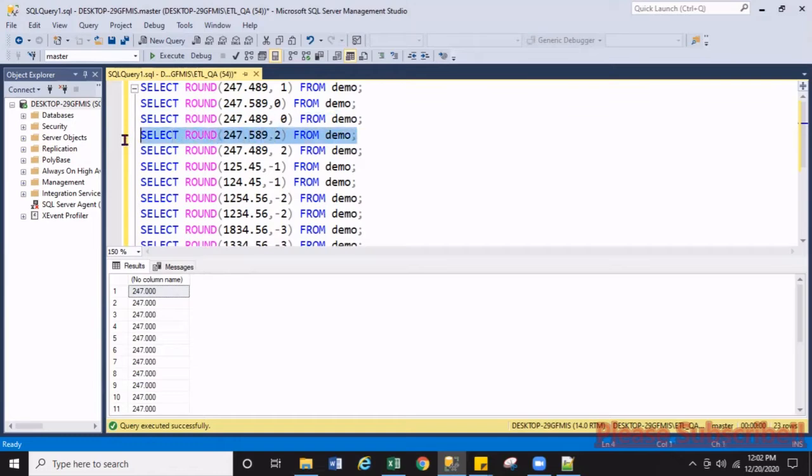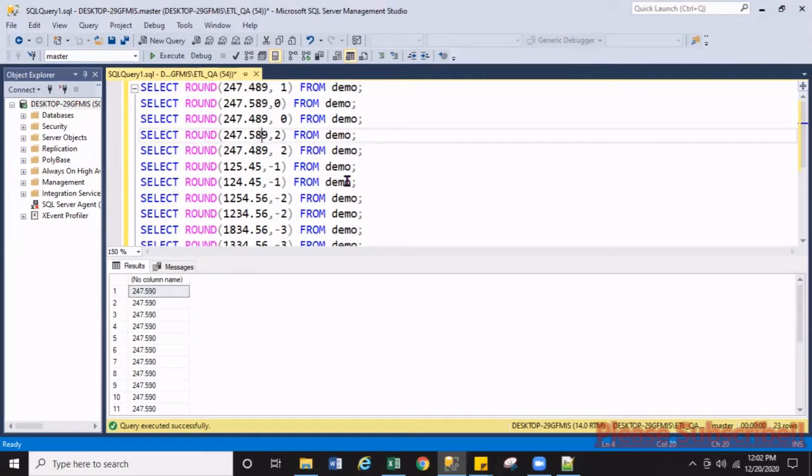Let's see the 2 digit. So if you see the second digit, right? What is the second digit? 8 here. Let's run and then understand. So if you see, the second digit is 8 and 8 is more than 5. So it will add one number to that number, and it will make all the numbers on the right side 0. So the second position is 8 and 8 is greater than 5, so it makes it 9 and the other numbers make as 0.